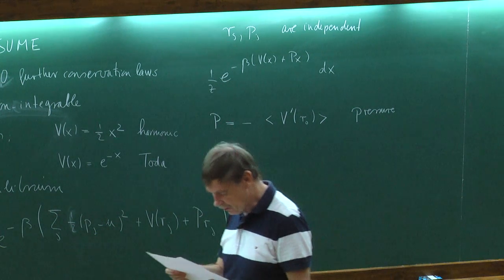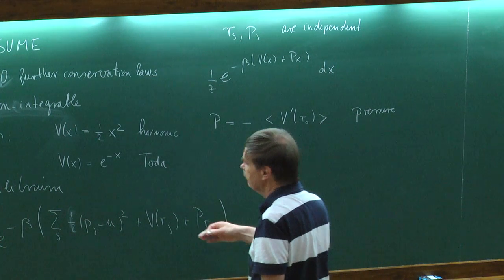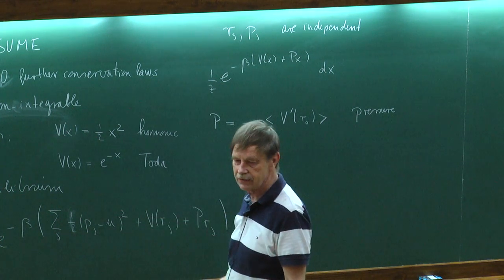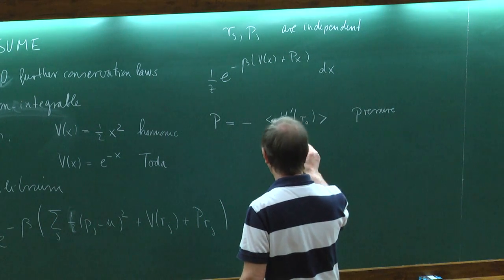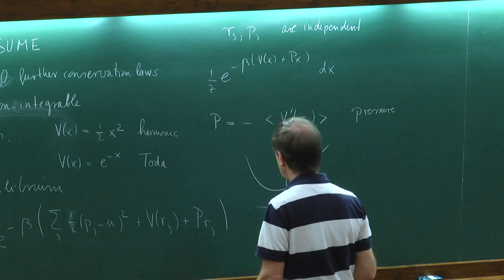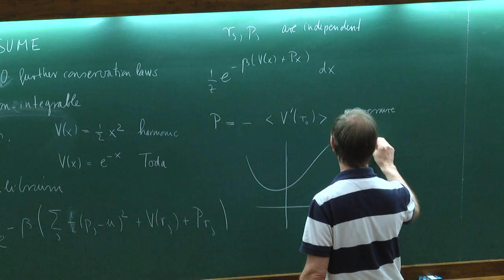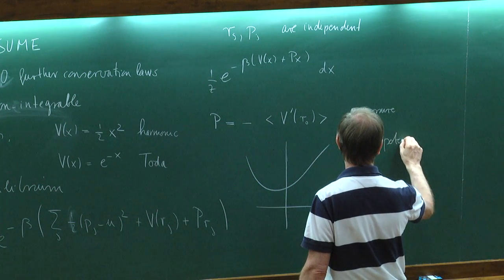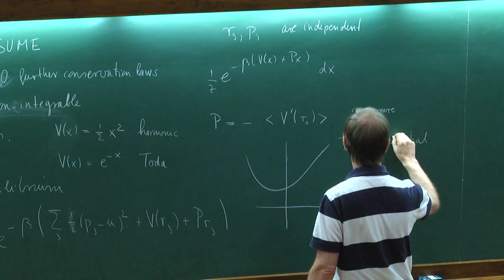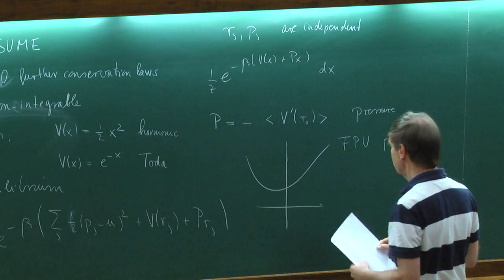Now, from this, you can also see what type of potentials we want to use. Basically, what I want to have is that the partition function is finite. There are basically 2 generic cases. One case is that it looks like this. Here, for instance, this would be something like the FPU potential. This is Fermi-Pasta-Ulam, the famous first paper on numerical simulations, the first time when people simulated such kind of nonlinear dynamics.